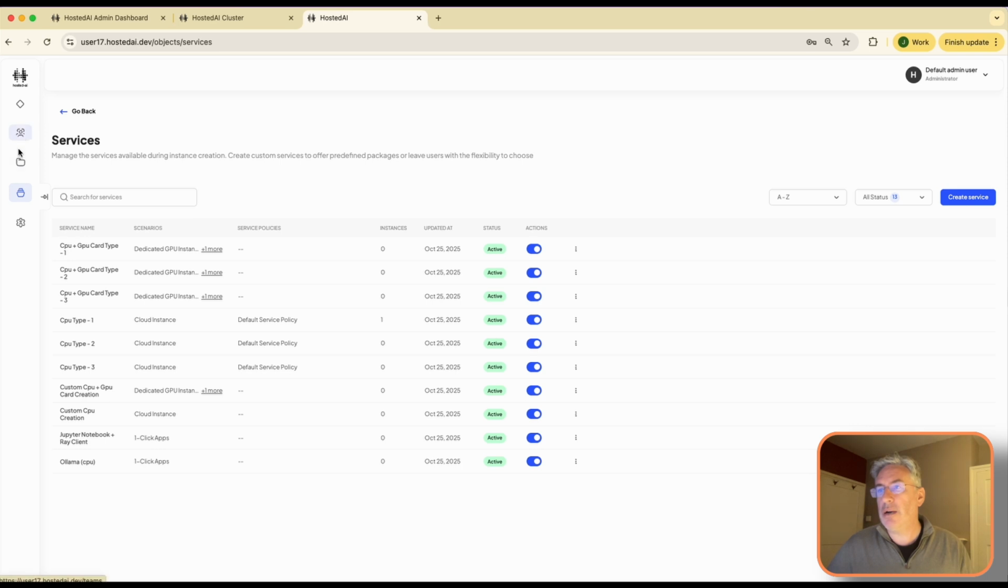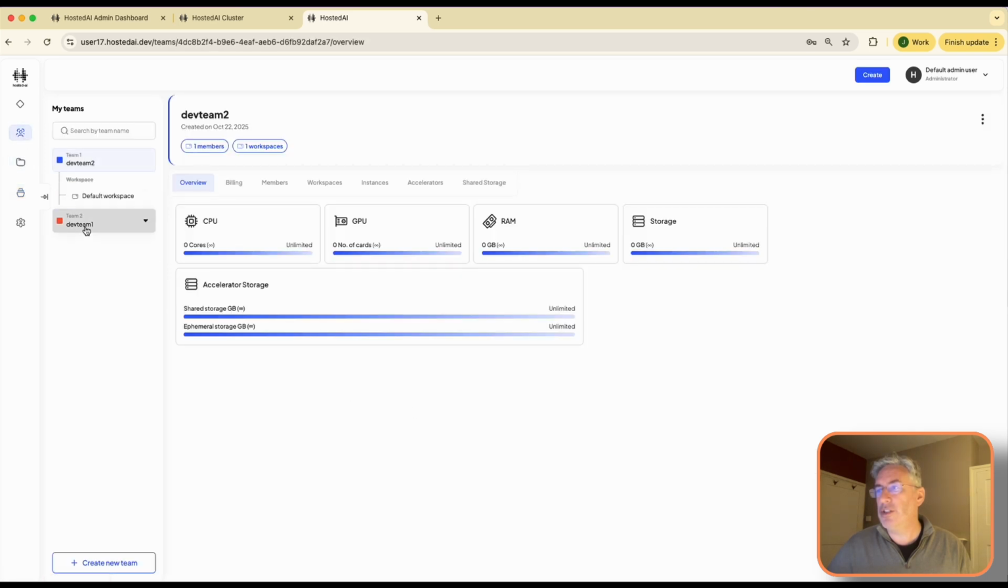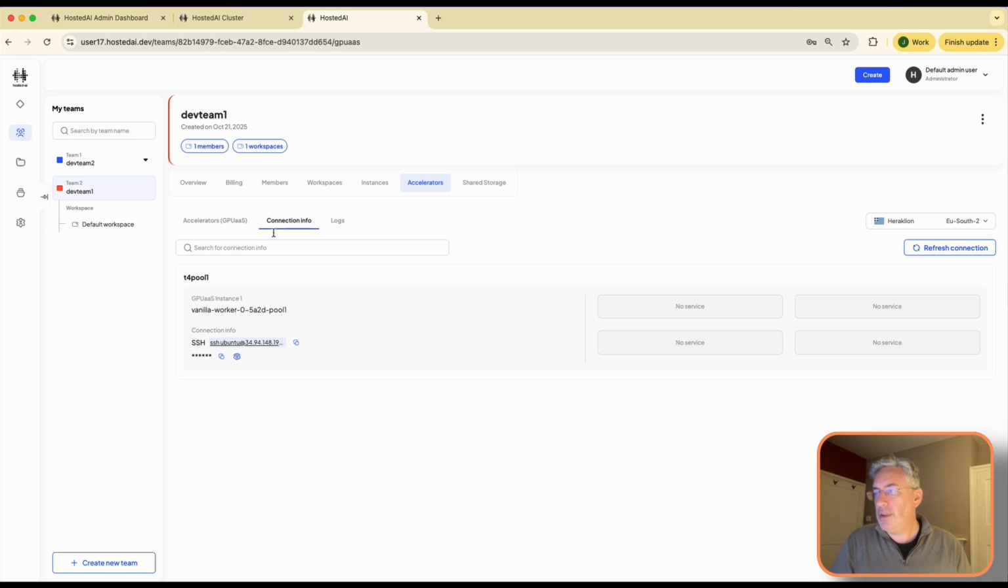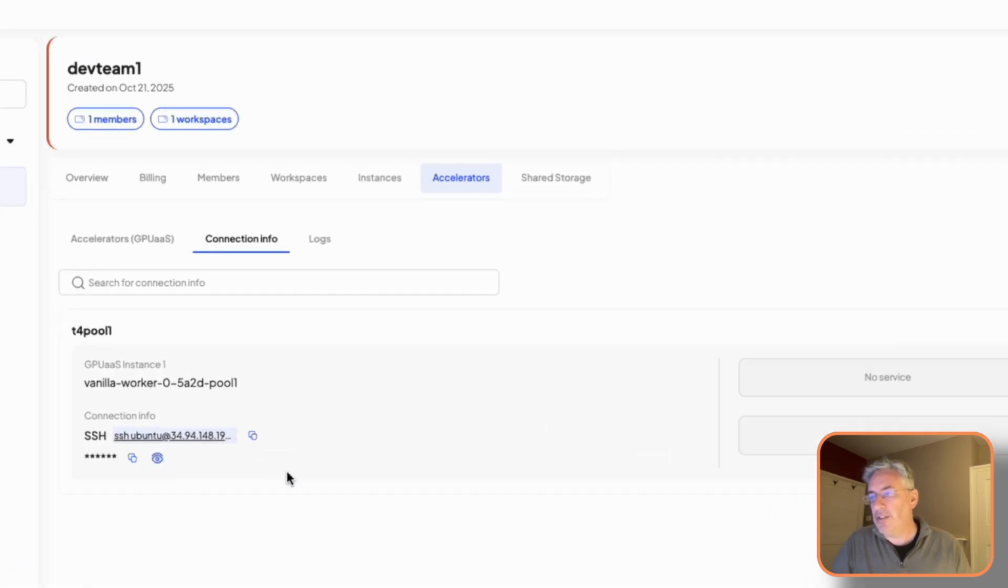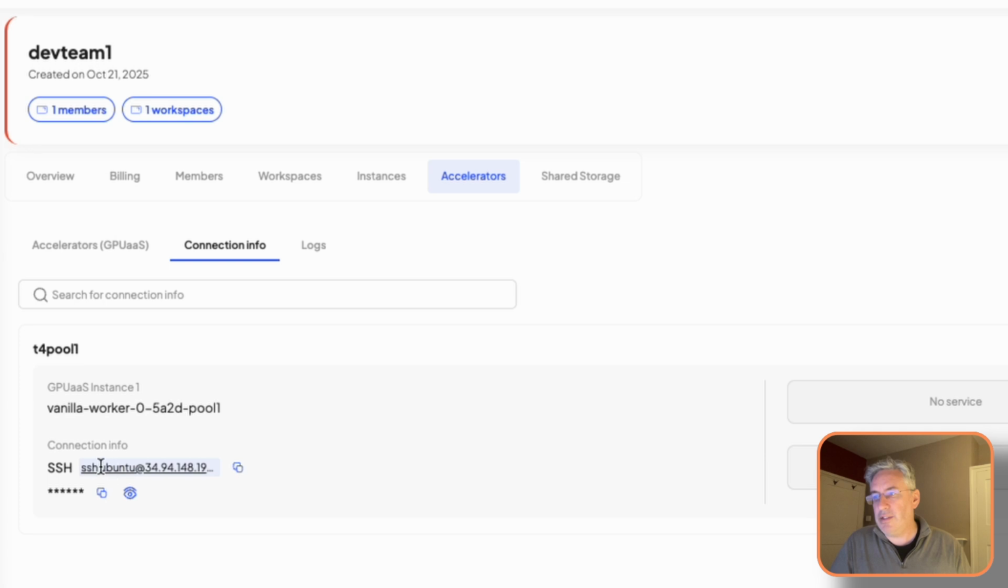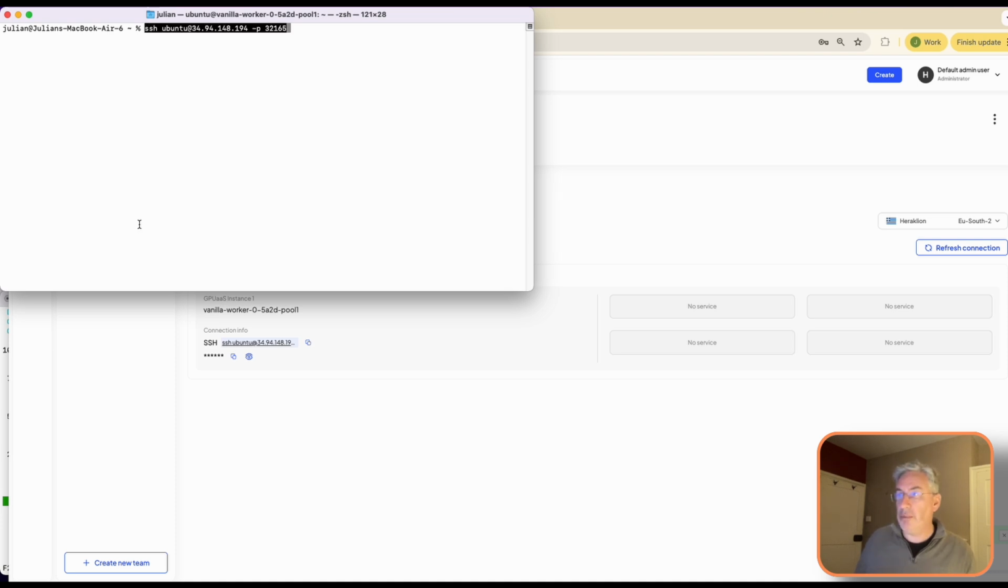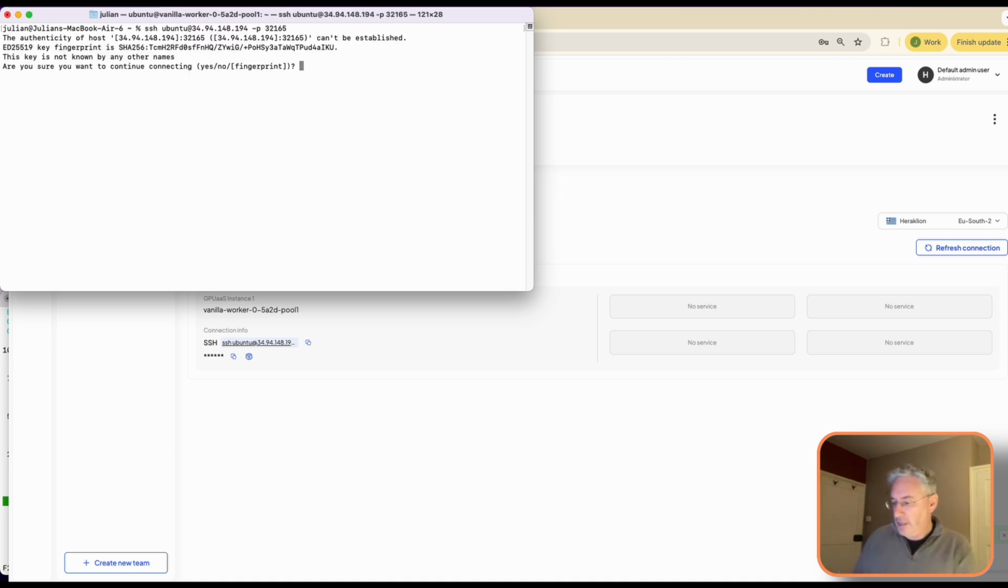Okay, so coming back here to the team, let's take a look at this particular team. So we can see there is a subscription now that is available, and this is subscribed to the pool that was created previously. And we can see that this particular pod has a connection token here. So if we click on that, and I'm just going to connect to a terminal here, and we can see